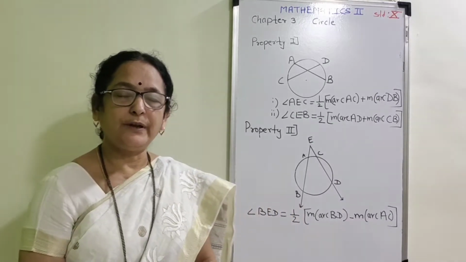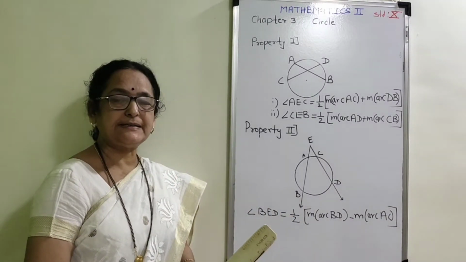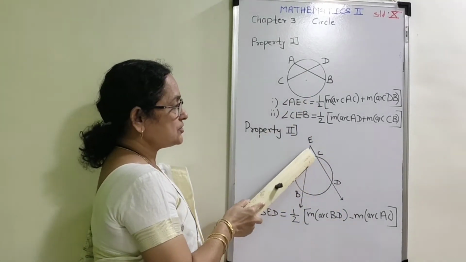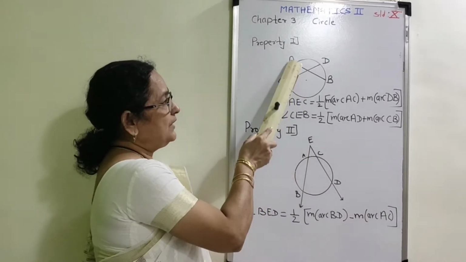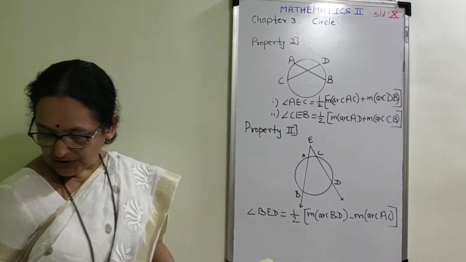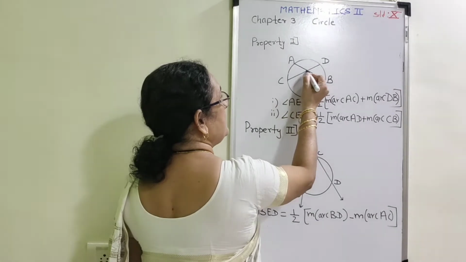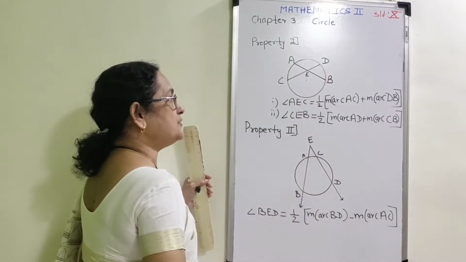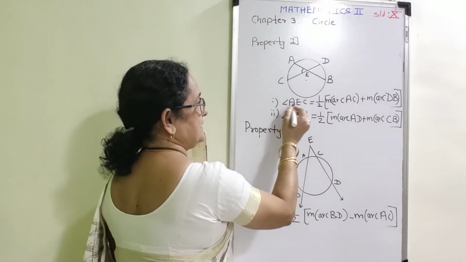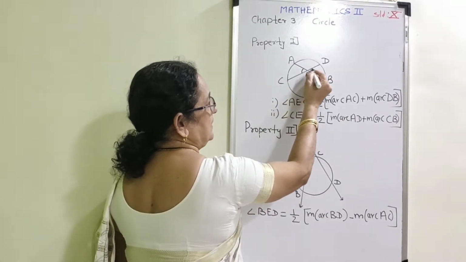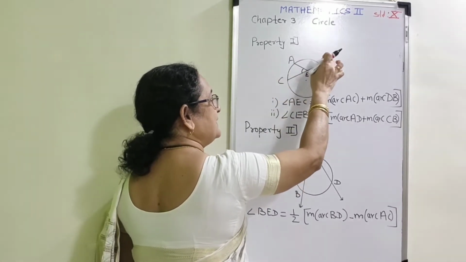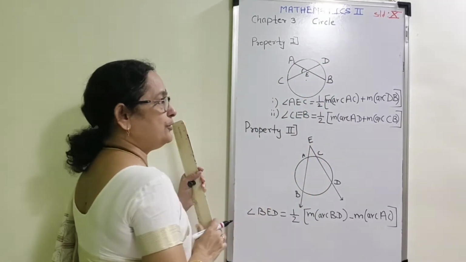Now students, we are going to complete important properties related with the intersection of chords in the interior region and the intersection of chords in the exterior region. Here, observe the first figure. Chord AB and chord CD intersect each other at point E in the interior region of the circle. And suppose you are going to find out the measure of this angle, angle AEC, the first one. Suppose these both are vertically opposite angles. Angle AEC as well as angle DEB both are congruent to each other.